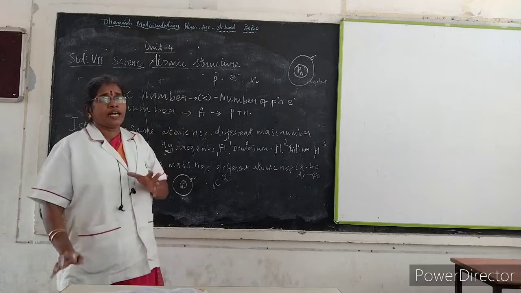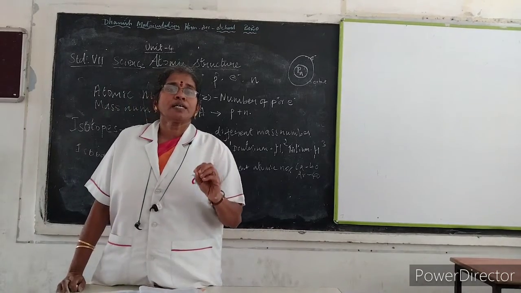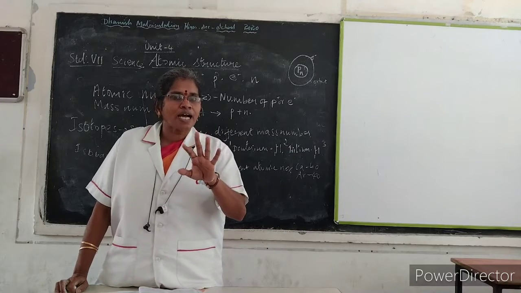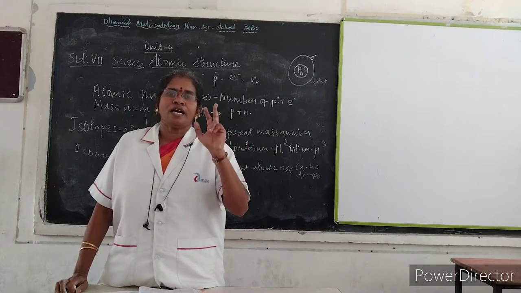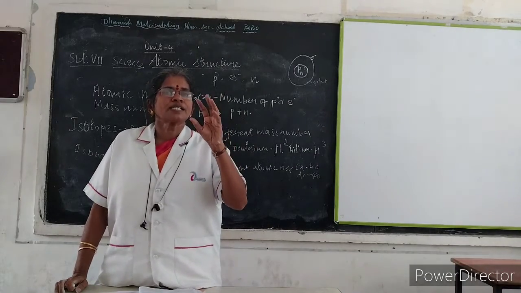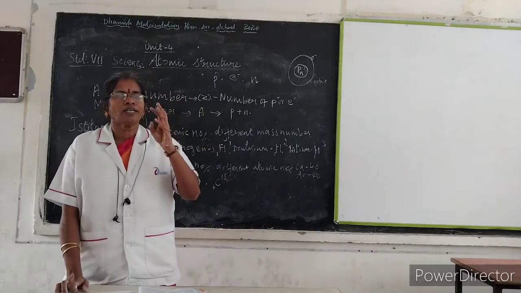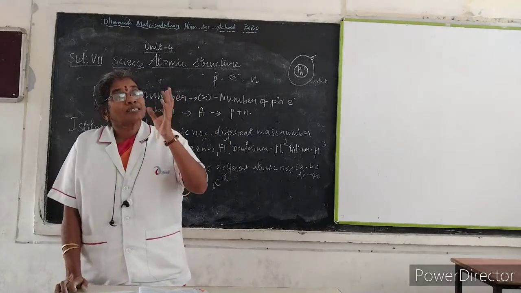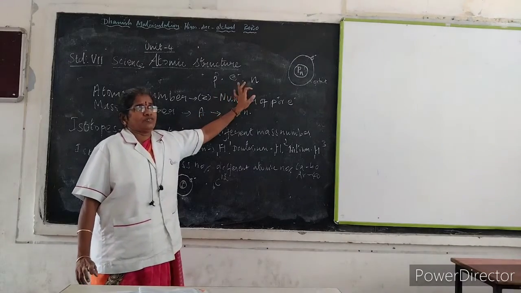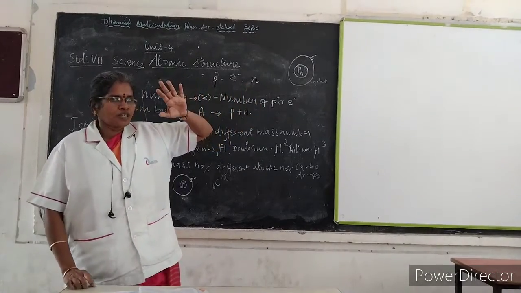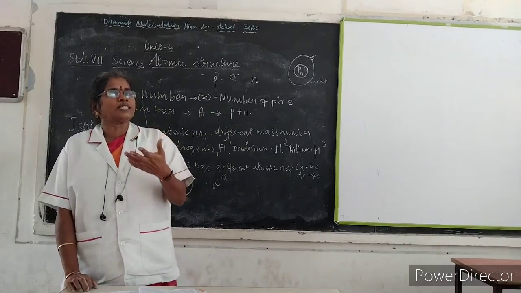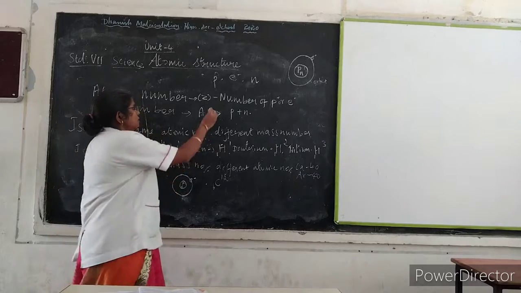If you take any atom, it is chemically neutral. So what is meant by neutral? An atom will not have either positive charge or negative charge. But inside an atom, it has the subatomic particles called proton, electron and neutron, and these subatomic particles have positive charge, negative charge and no charge. Is it confusing? Once again I will repeat. If you listen carefully, you can observe.